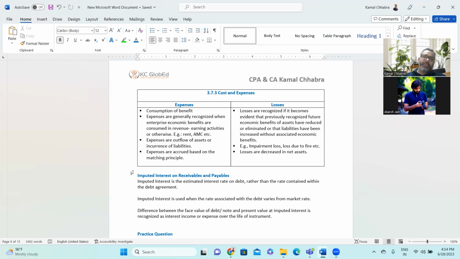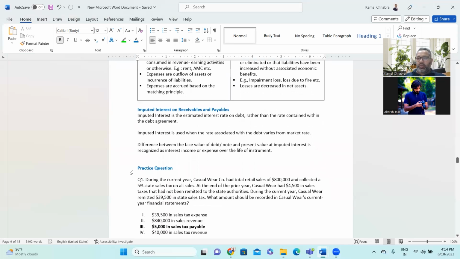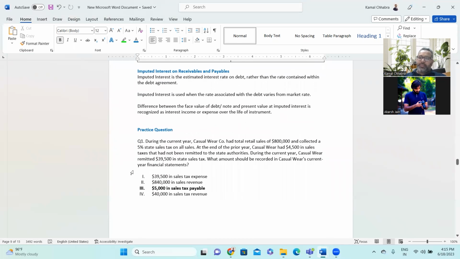Next concept is imputed interest on receivable or payable. Have you heard this term before? Imputed interest? No, sir. So imputed interest is basically the interest to be calculated on a receivable or payable based on the effective interest rate. It is not specifically mentioned in the instrument, but we calculate it to identify the finance cost